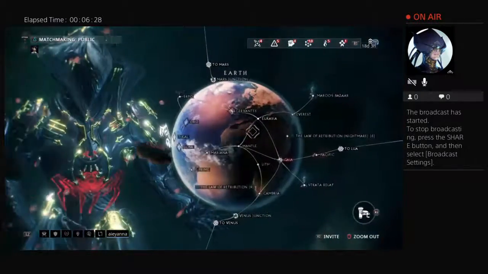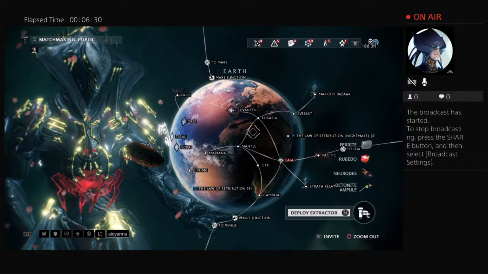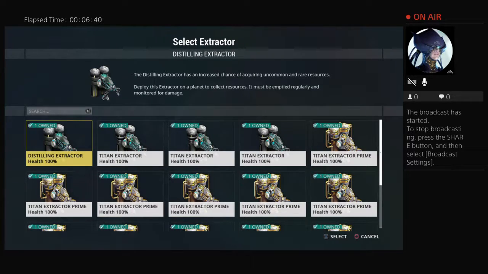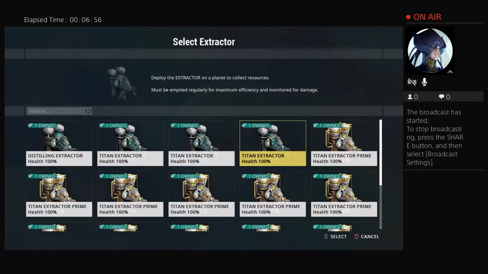There's also another thing that you can do to farm. You can throw down an extractor. Now, in order to get these right here, you had to get a prime access, so you probably won't have these, but you'll have a Titan and then a Distilling. For example, the difference between these two is the Distilling Extractor has an increased chance of acquiring uncommon and rare resources. So when you deploy this on the planet, it will collect uncommon and rare resources at a better percentage than just a Titan. However, I prefer to have the Titan Extractor Prime because